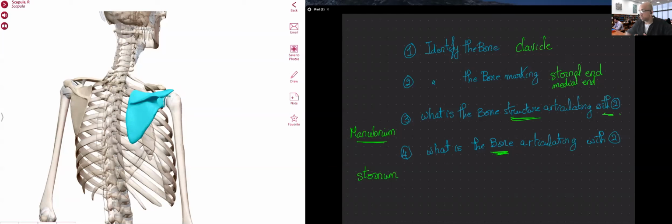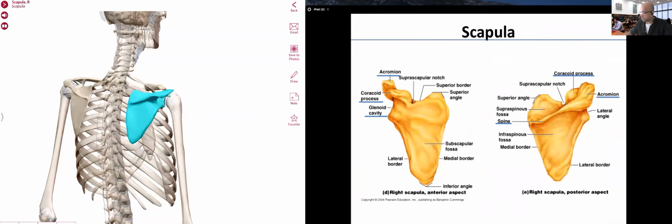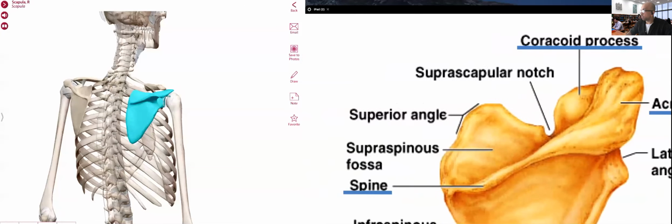Yes, you need to pay attention to the question. You need to read the question and answer exactly what the question is asking about. Number 6 on here, what is the bone structure articulating with 5? And 5 was the acromial end, so it was the acromion. So you see on here, acromion is this bony process